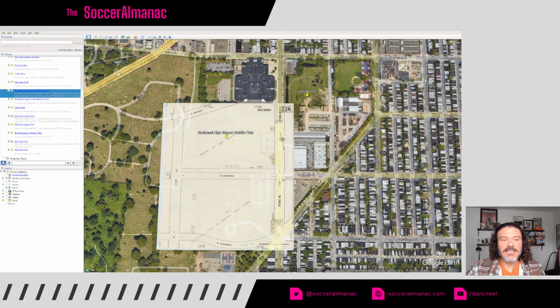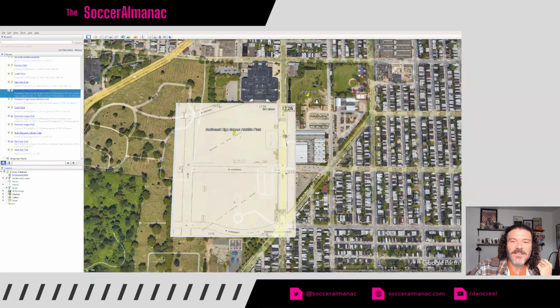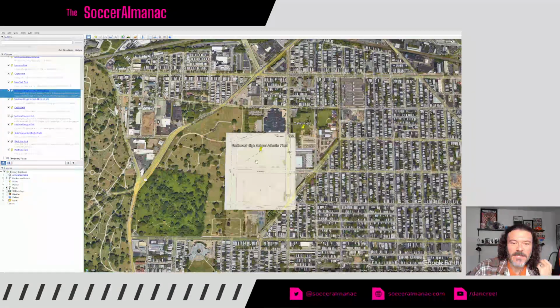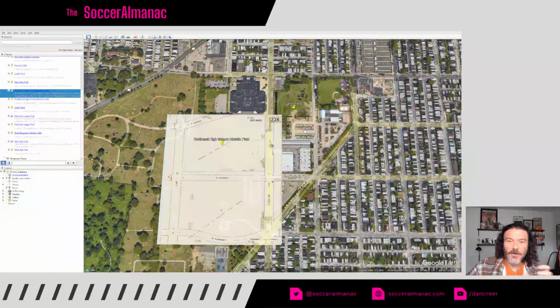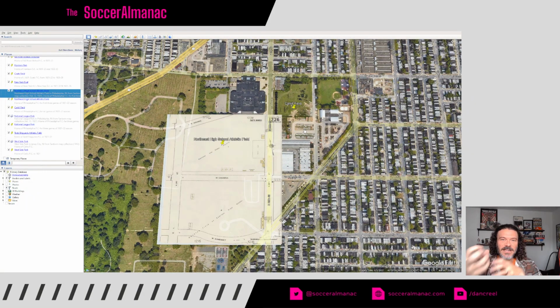But what you'll see is, you can read it here. Here's a different field, Houston Field of Central High School. This is Northeast High School Athletic Field. What I learned, again, I love more information, is right around this area of Philadelphia in the early part of the 20th century, right next to each other, there was a bunch of different athletic fields for mostly high schools, all kind of smashed together.